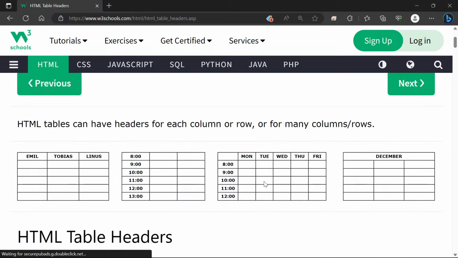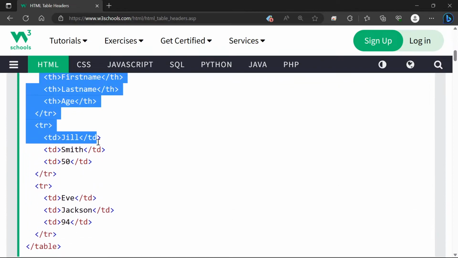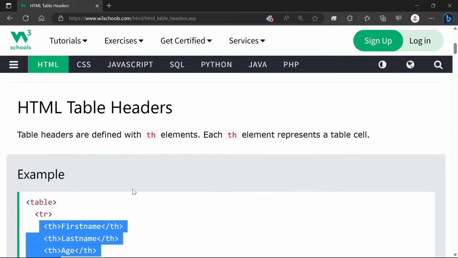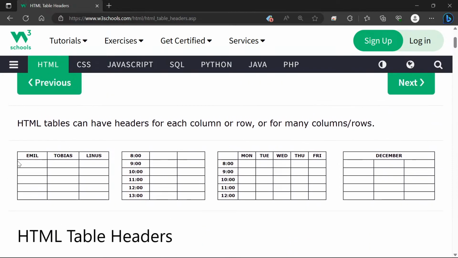We have already seen how th works, and these are the columns. Let's say you don't want these columns horizontally, but you want columns vertically here. But a column is the thing which is considered vertical only, right? And rows are horizontal, and that's true whenever we are talking about the code. tr and td work the same way we are talking about. So tr is row, td or th is column,